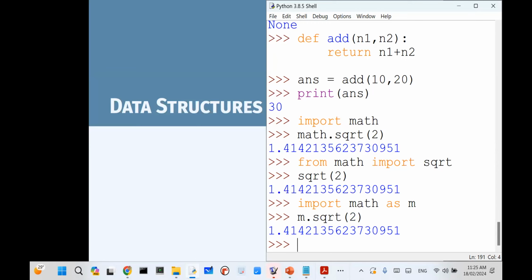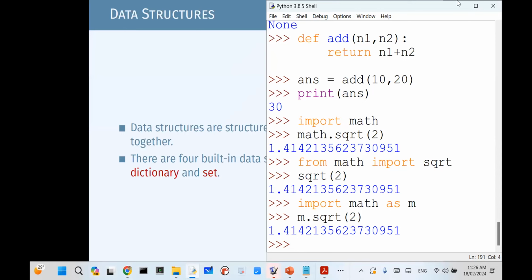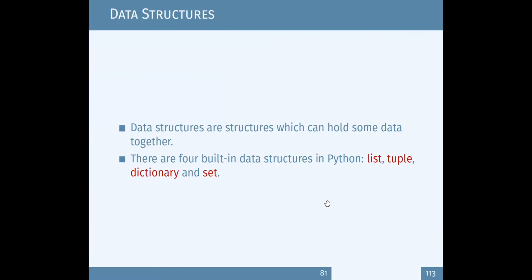Last part, and what is important for your next session, I'm going to start with the data structures part, and I'm going to focus mainly on two data structures in the revision. That is, I'm going to discuss lists and dictionaries. There are others as well. You can refer to what we have discussed so far.